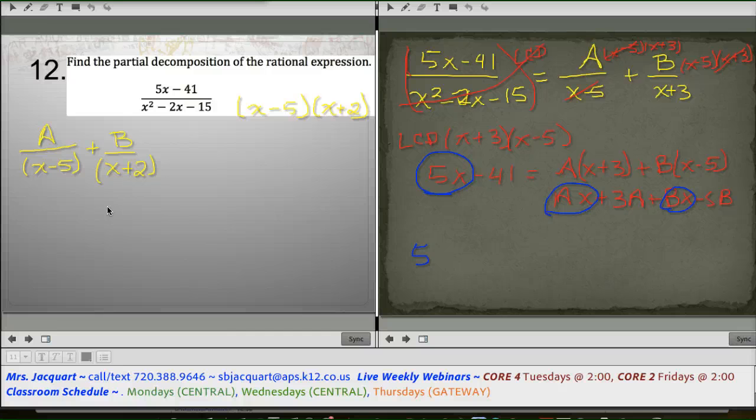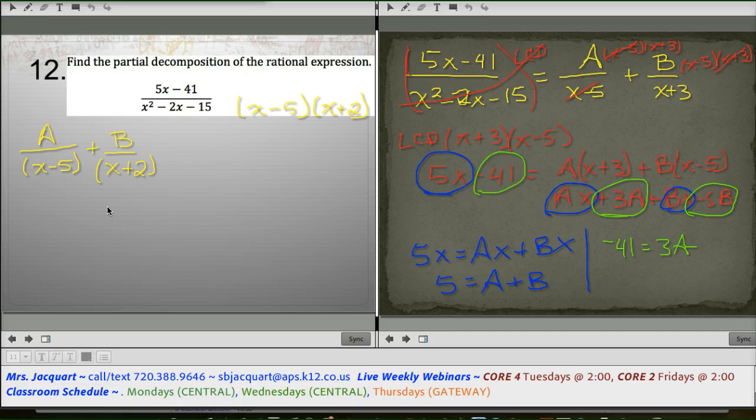So 5x equals ax plus bx, which would be 5 equals a plus b. Do your secondary grouping: negative 41 equals 3a minus 5b. I meant to say b. I'm losing my brain. So let's rewrite it. A plus b equals 5, 3a